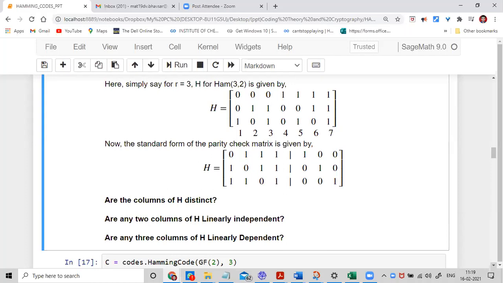So 8. Okay. Now how many are there in this H? 7. Which one is missing? 0, 0, 0 is missing, right? Yes. So that is the only thing missing. Only one is missing. All of the others are available here. Am I clear? Yes. Okay.